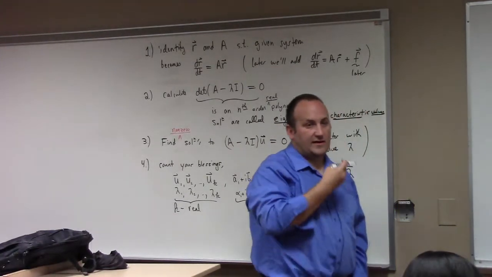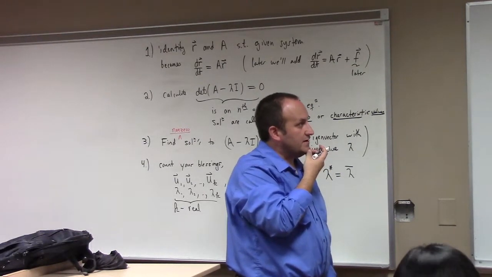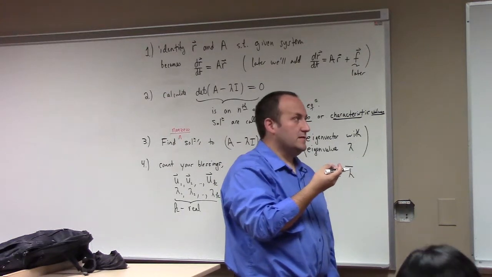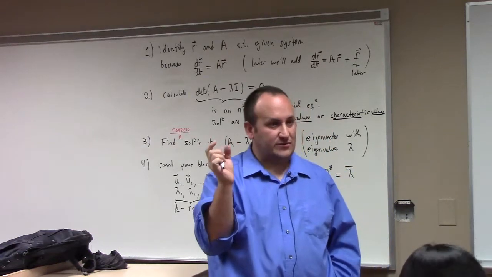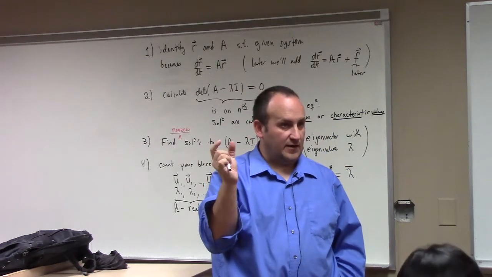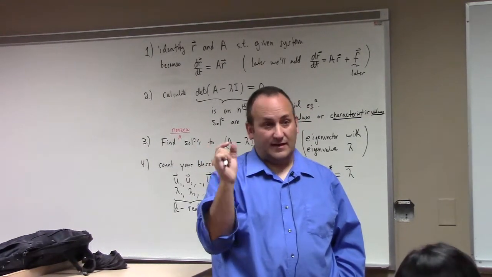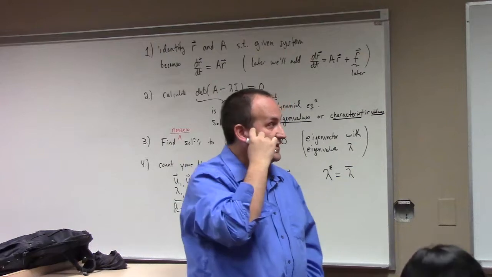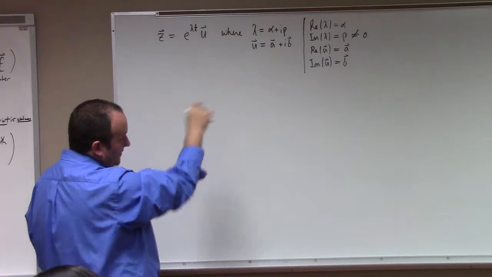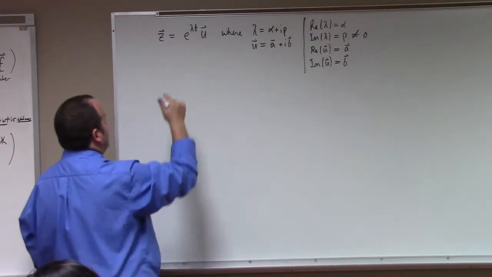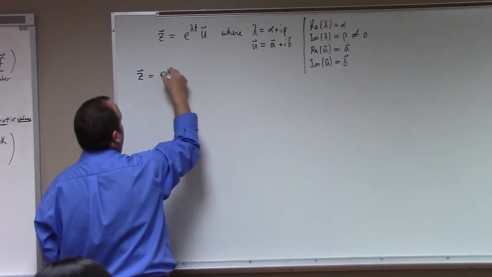If u is an eigenvector, the theory of linear algebra, and it's not that hard to prove, shows that if u is a complex eigenvector, then the real and imaginary parts are actually linearly independent. So the a and the b vector are both non-zero, and they're independent. That can be shown. That's a consequence of u being a complex eigenvector with eigenvalue alpha plus i beta. Again, assuming beta is non-zero. And the cool thing, of course, is that this z we can break up into